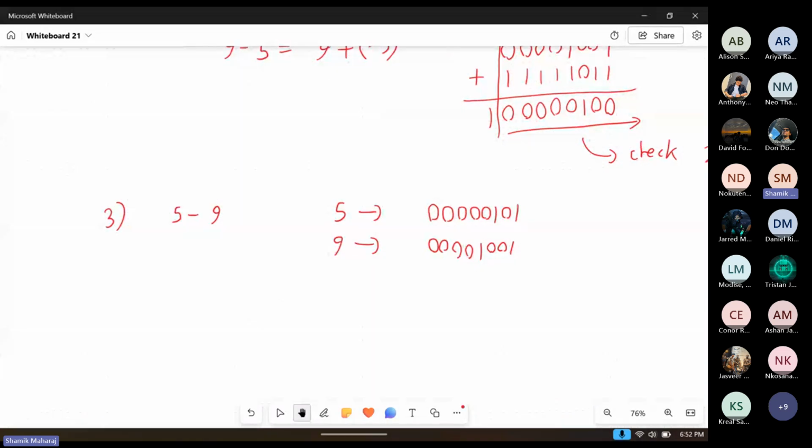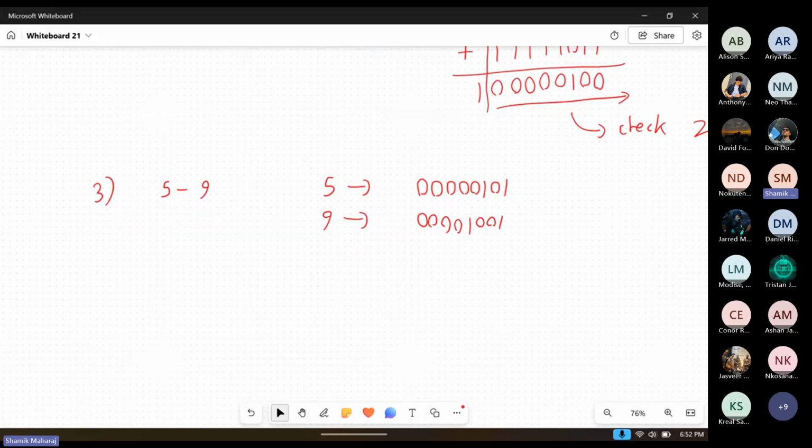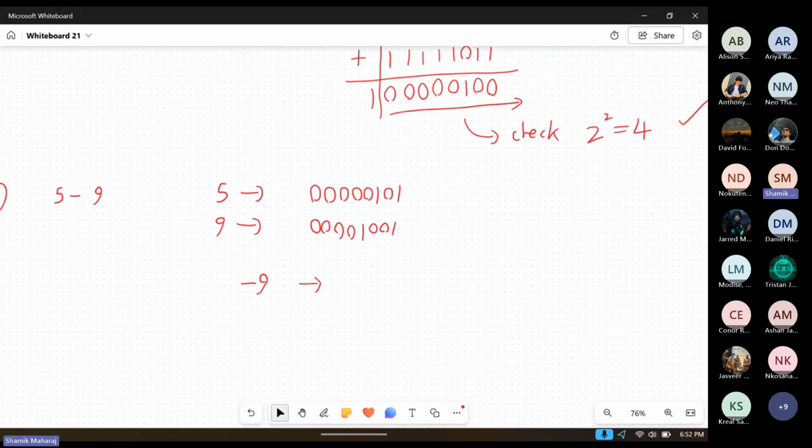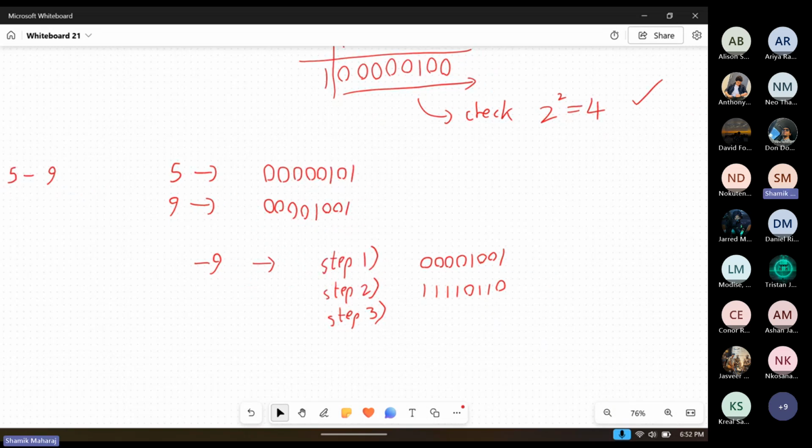Now we need a -9. So again, we use our method, 2's complement, to convert -9 to binary. It's a 3-step thing. Step 1 would be 9 in binary, which we have above, 1001. Step 2 is to invert all the digits, so 1, 1, 1, 1, 0, 1, 1, 0. Step 3 is to add 1 to this. Again, this is a straightforward one. You can use the longer method if you need to, but for time, I'm just going to do it in one go. So this is -9